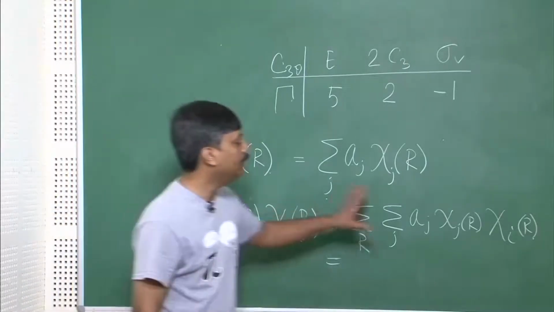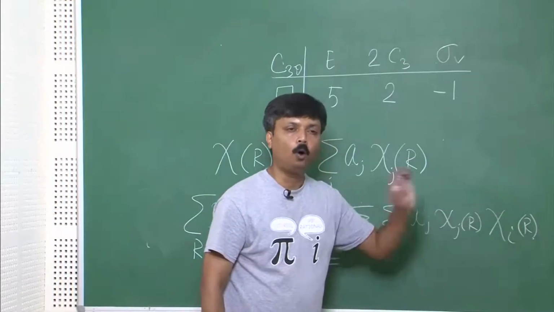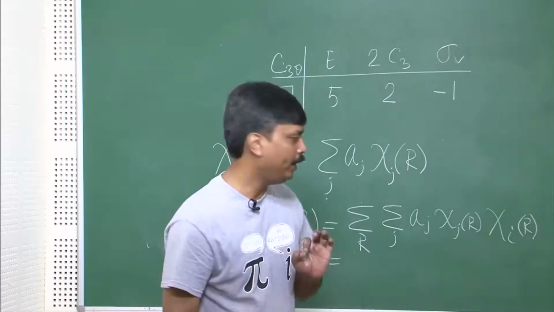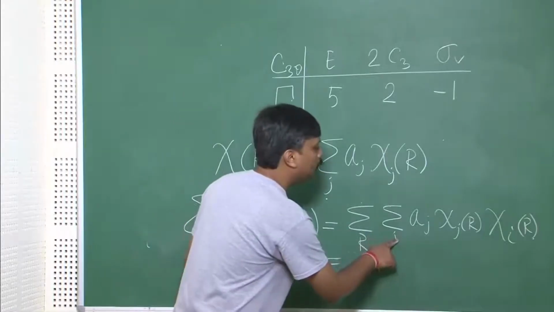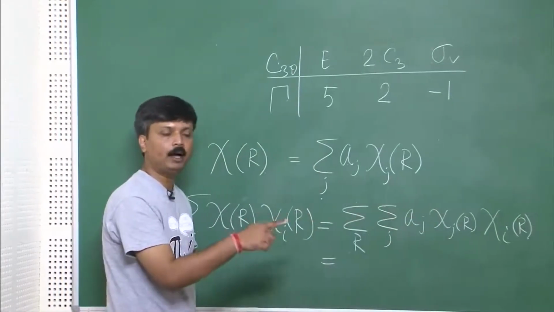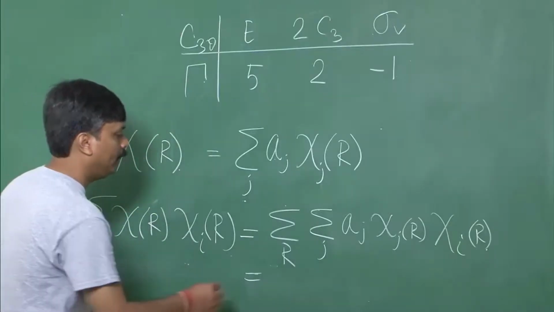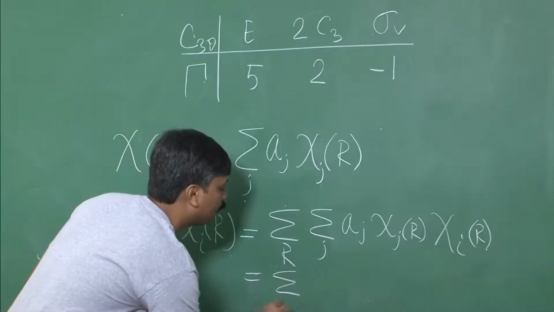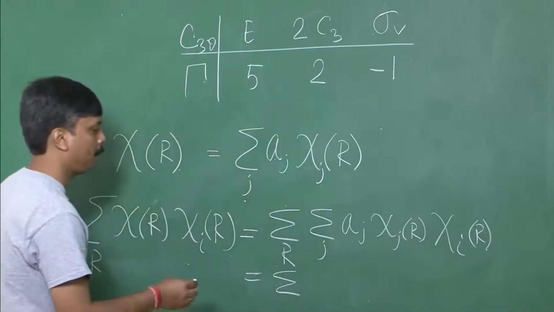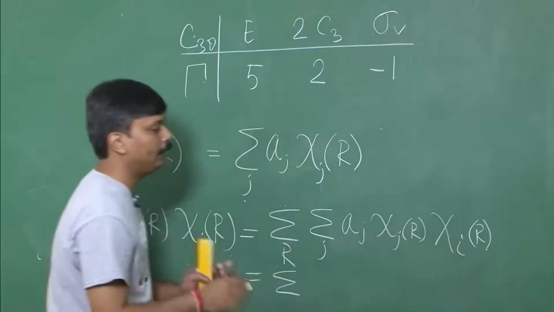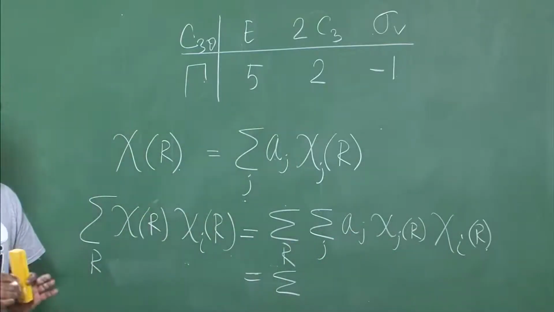So this term can survive only when i equals j. Fine. So if I put j equals to i, then only this term can survive. So therefore, what I can write is, okay. So not only that will survive, and that will yield a particular value, which is